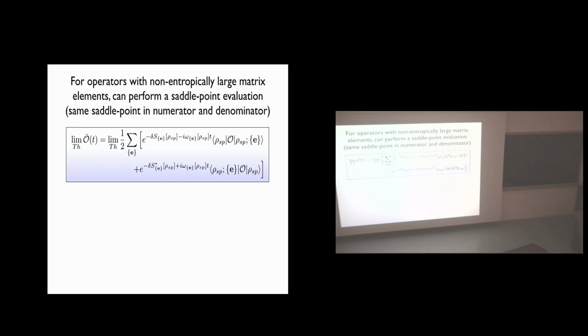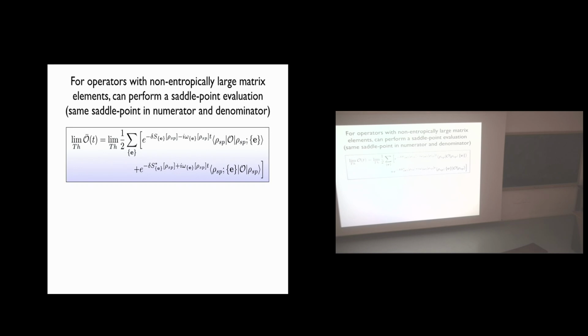And that leads us to the final formula for the quench action, which tells you that, and now I'm making a strong claim, in the thermodynamic limit, the whole time evolution of the expectation value of a certain operator that is weak and thermodynamically finite. Weak, I've told you what it was, unable to redistribute things. Thermodynamically finite means that an individual matrix element here does not have an exponentially large in system size value. It's more order of one. This is always the case anyway for physical operators because of sum rules and things like that.